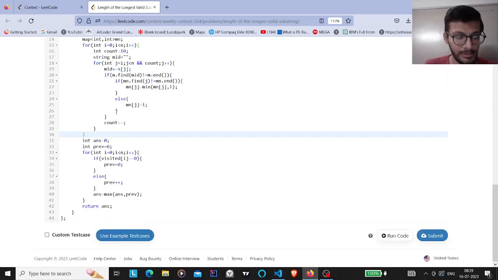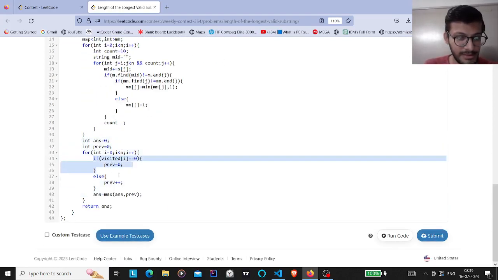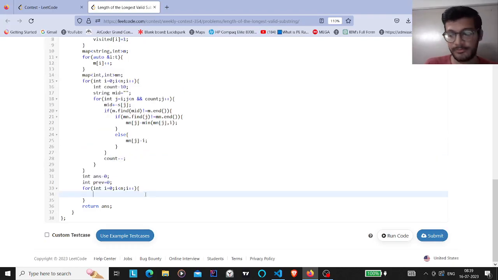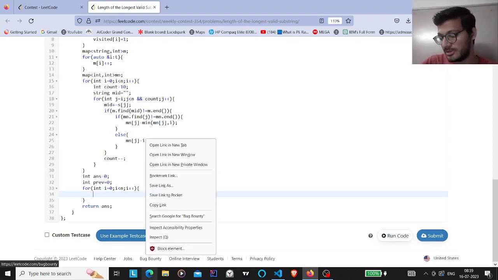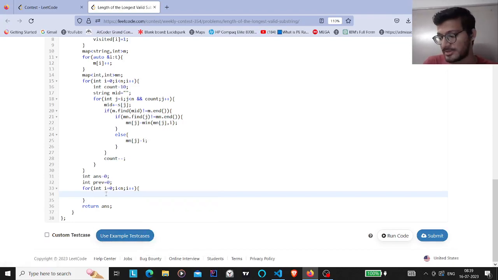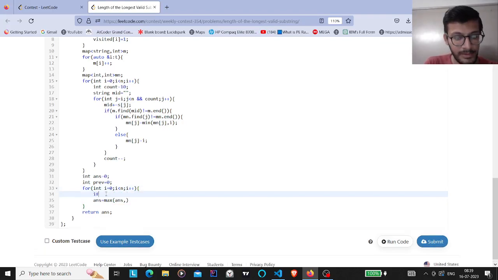Okay, now what I have to actually do is, I am good with this ith part. That particular index I won't be able to take. So I can just take the previous index. Suppose if i value is 7, then 7 minus, 7, 0 1 2, so 2 minus 0. Okay, answer is equals to max of answer comma, if